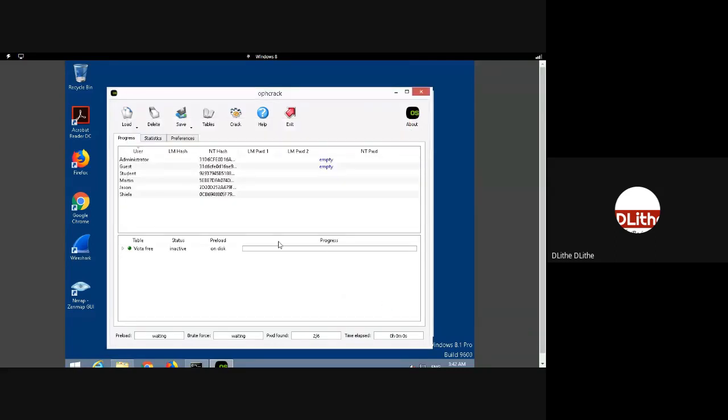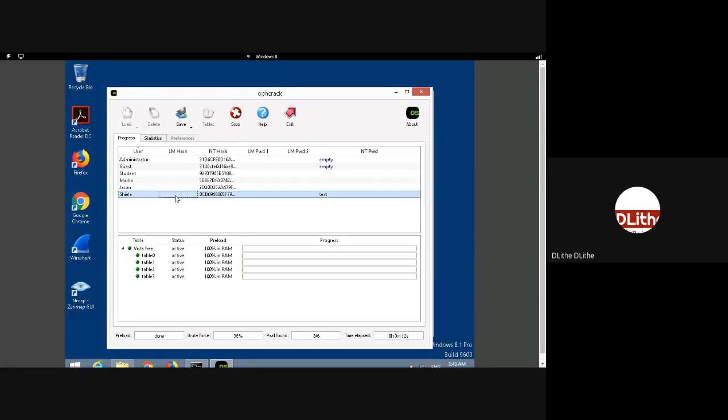Click on OK. So now what we did is we have dumped the password hash using pwdump. Then we have exported it into a text file. We have started OPH crack. We have imported the file into OPH crack, and then we have imported our word list, that is tables, into OPH crack. Then just click on crack here. This should start the cracking procedure. In cryptography, cracking hashes takes a huge amount of time, so you just need to sit back and wait. The password that is cracked will be populated over here.